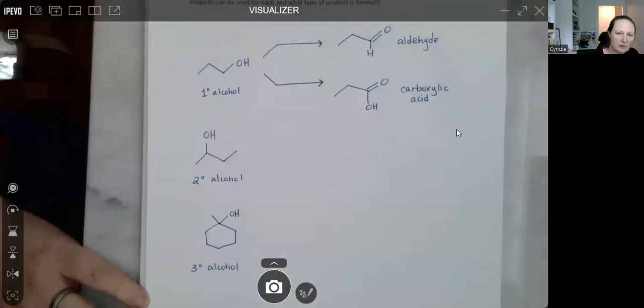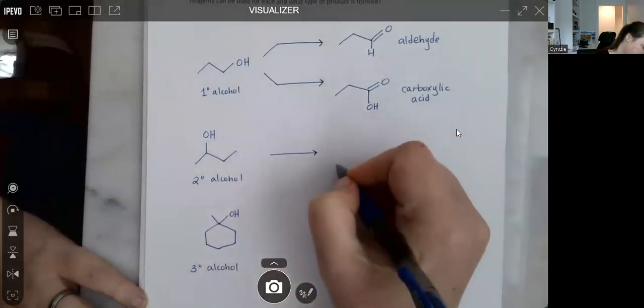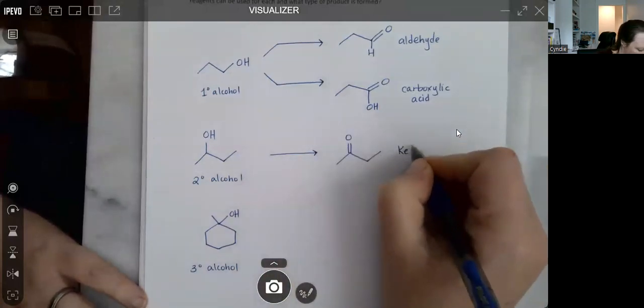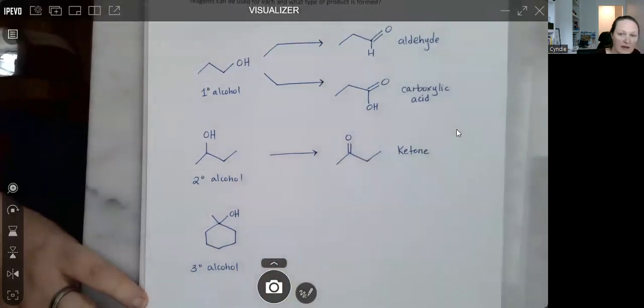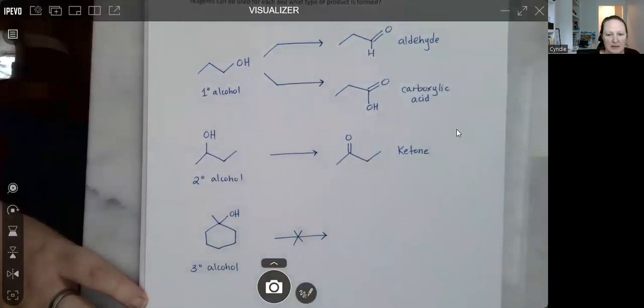Secondary alcohols can only be oxidized to ketones. And then, right, tertiary alcohols, they cannot be oxidized. So we'll go ahead and add in